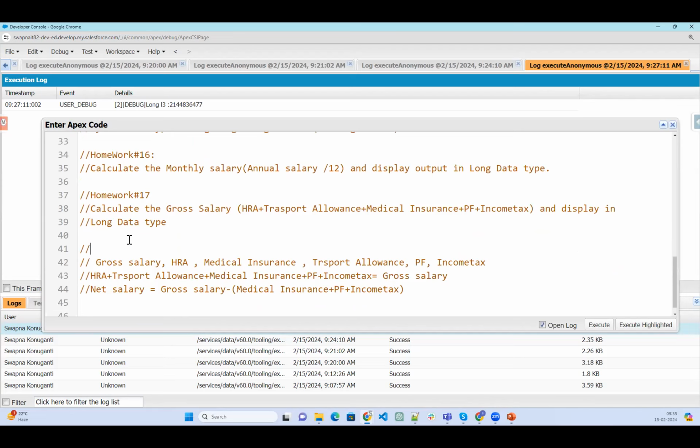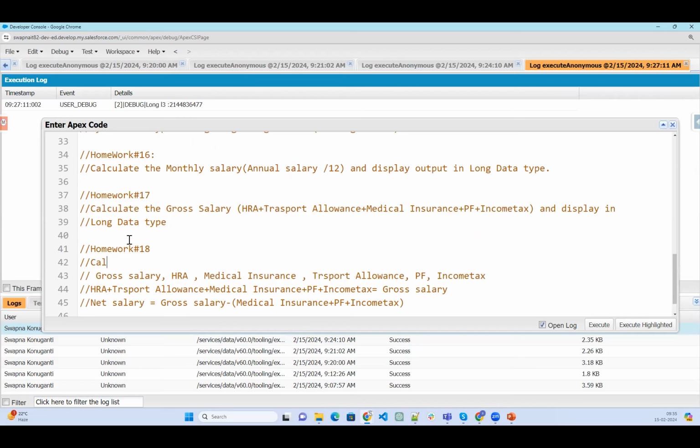Homework 18. Calculate the net salary. Net salary will be whatever the previous one is.